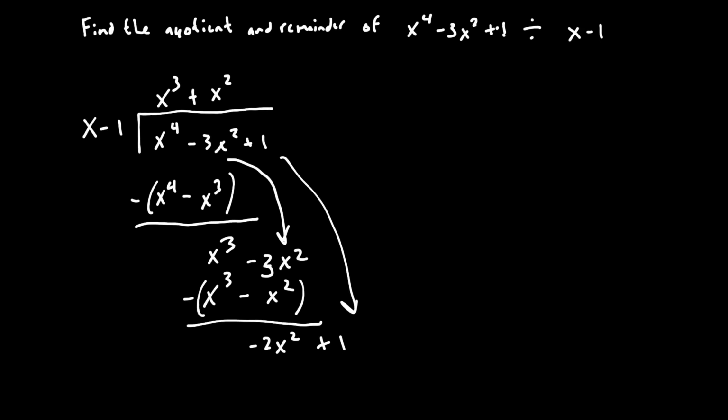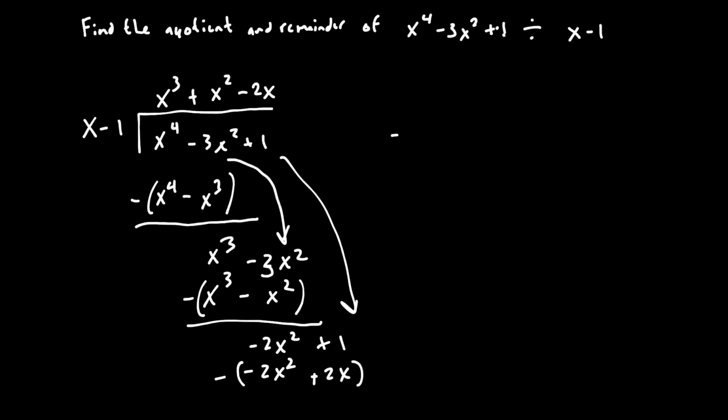So we want to get rid of our -x squared. So multiply our x minus 1 by a -x. And the result, we'll get a -x squared plus x. Again, multiplying this by -1 and adding it to the term above, our x squareds disappear, and we're left with